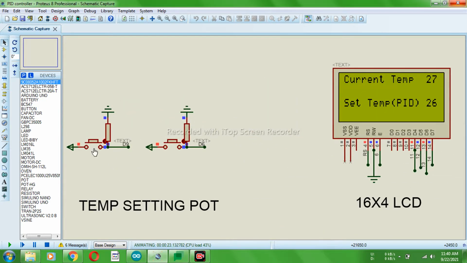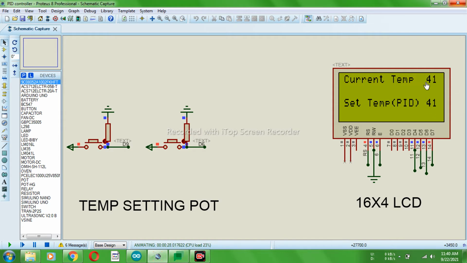Using this button we will again increase it to 40. You can see it on the LCD screen. We have set it around 41. You can see it is automatically increasing, because it is trying to reach this level.